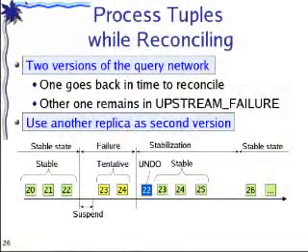But even if you go with checkpoint redo, the problem is now we are reconciling the state by taking the node, going back in time, and reprocessing the tuples. So we are correcting the state. But how can we maintain availability? Because now the new input tuples are going to continue to arrive, and we are unable to process them. So what we propose, because availability is our first goal, is to use two versions of the query network. One version is going to go back in time and reconcile, and the other is going to stay in upstream failure state and continue to produce the most recent results.